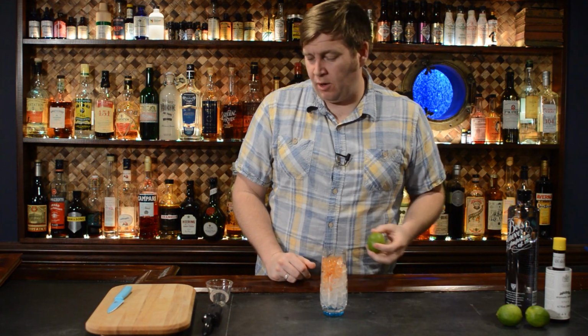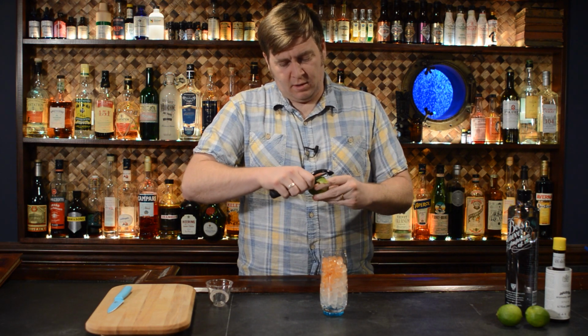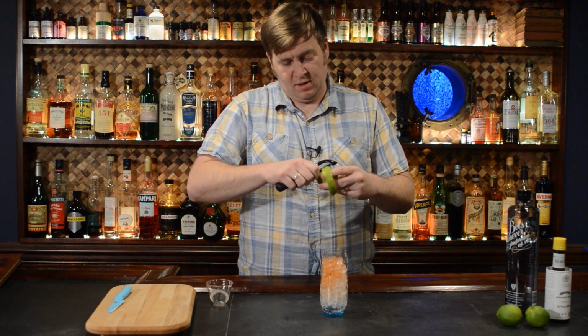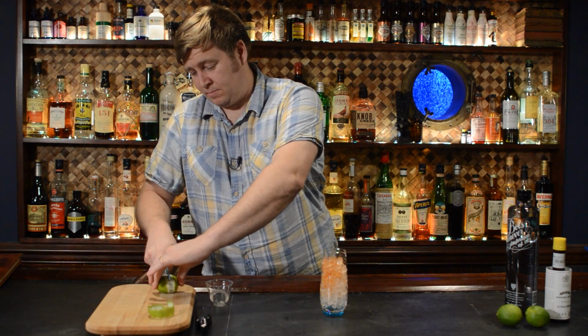Next up, we're going to do the juice of 1 lime. But before we do that, it references a crushed lime peel. So I'm going to start my lime peel first so I can juice this lime very efficiently. So we've got a nice big lime peel waiting for us. At this point, we're just going to